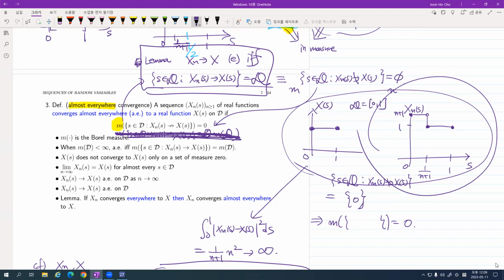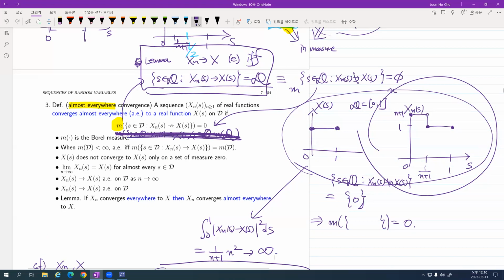No, even in that case, it is not. If p equals 1, then it converges to 1, not 0, right? So this sequence of functions does not converge to this sequence in any p-th mean greater than or equal to 1. However, it converges almost everywhere. So now you see that almost everywhere convergence is totally different from the convergence in the p-th mean.